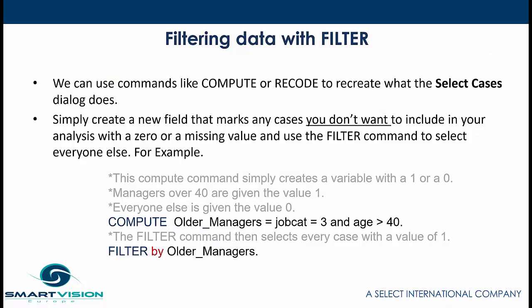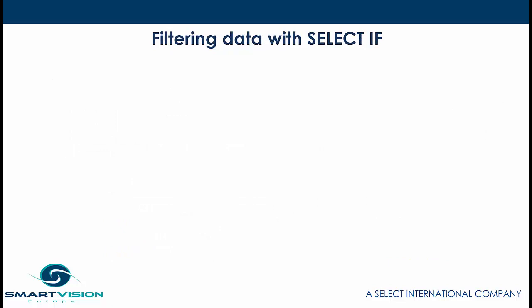Okay, so we've looked at the filter command, but it turns out that's not the only way in which you can filter data with SPSS. There is actually another procedure called select if. And select if actually has an advantage over the filter command in that you can use it to specify a conditional statement. You could say select if age is greater than 30 and gender equals F and region equals 17. So it's not going to just filter out any cases equal to 0 or that have missing values attached to them. You can actually define quite a complex conditional statement,